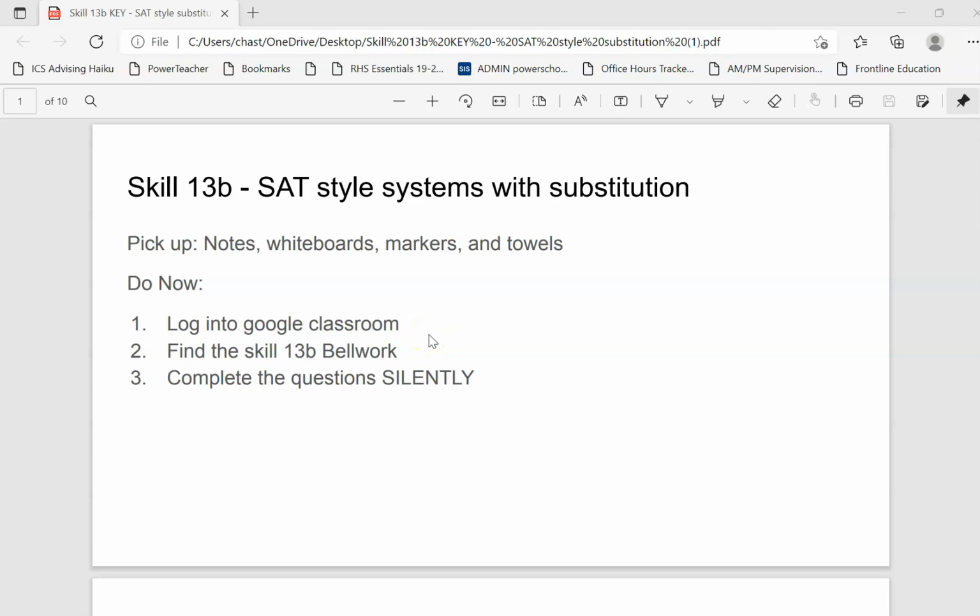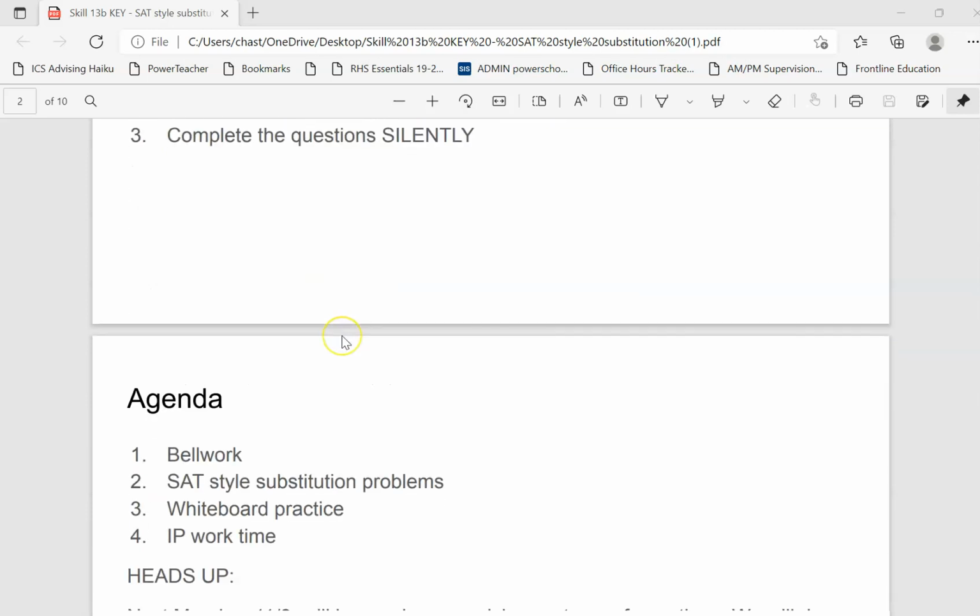Hello, SAT class. Today we are going to look at SAT style problems that involve systems that can be solved with substitution. All right, so you should have already done your bell work, and so now let's go ahead and